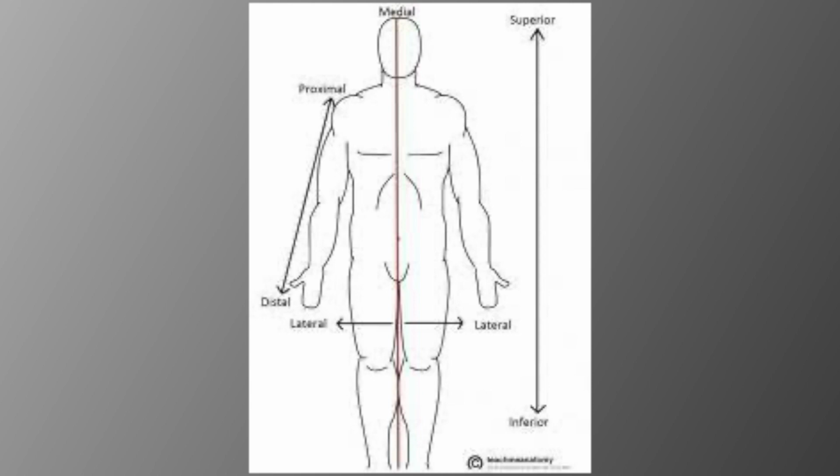Inferior refers to positions below or further away from the head or upper part of the body, while superior means positions above or nearer to the head or upper part of the body. Proximal indicates being closer to the point where a limb attaches to the body's trunk, while distal means positions that are further away from this attachment point. Posterior describes positions behind or nearer to the back, and anterior refers to positions in front of or nearer to the front. Lateral means positions that are further away from the vertical midline of the body, while medial indicates positions